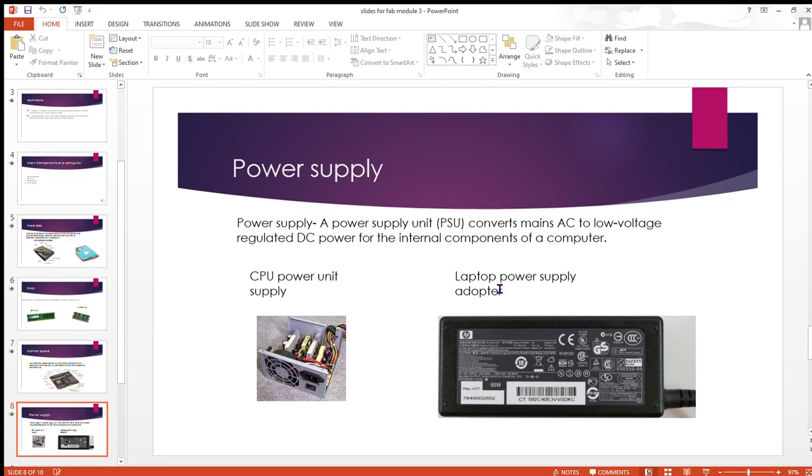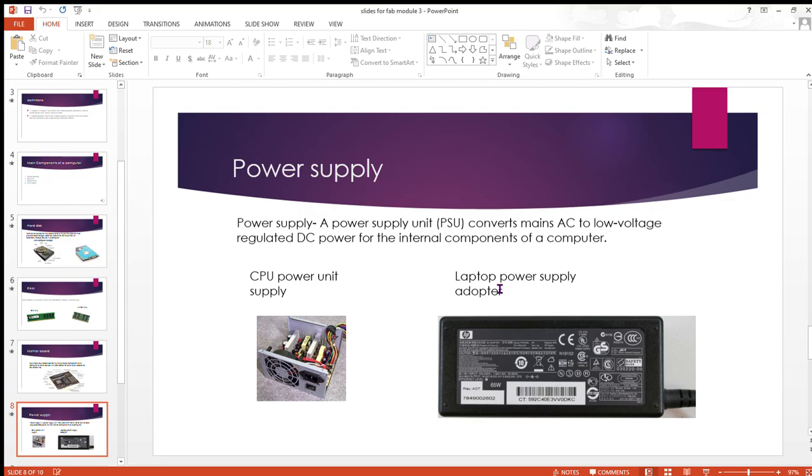A computer, like we all know, uses a very low current, that is a direct current, so it cannot use the current brought by the AC. It is converted through the adapters or the power supply unit, so that it produces just enough for the purpose of